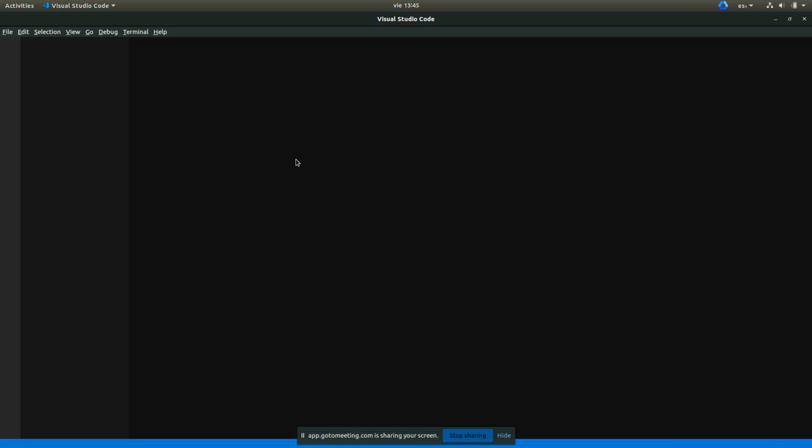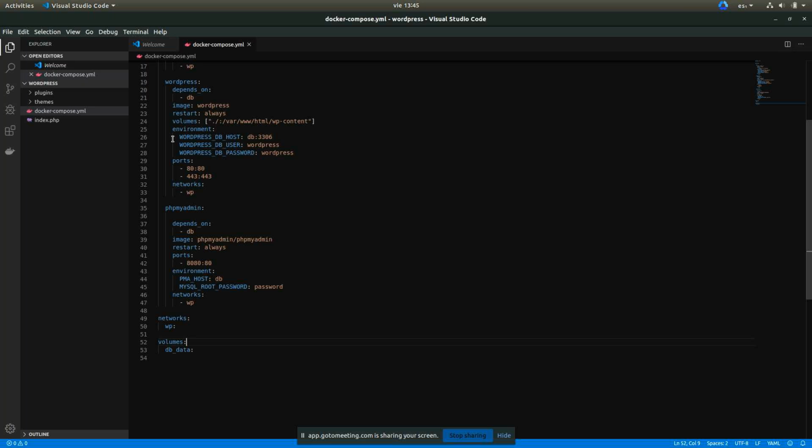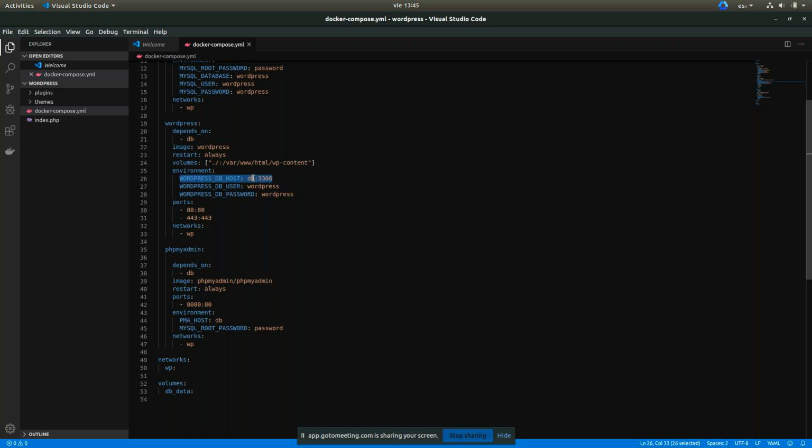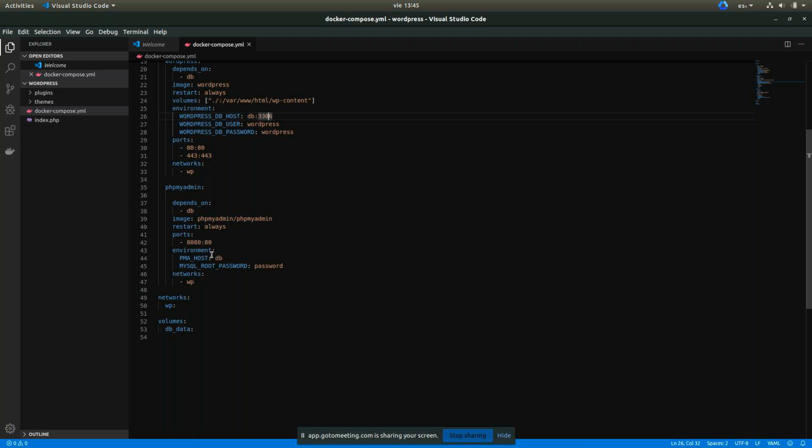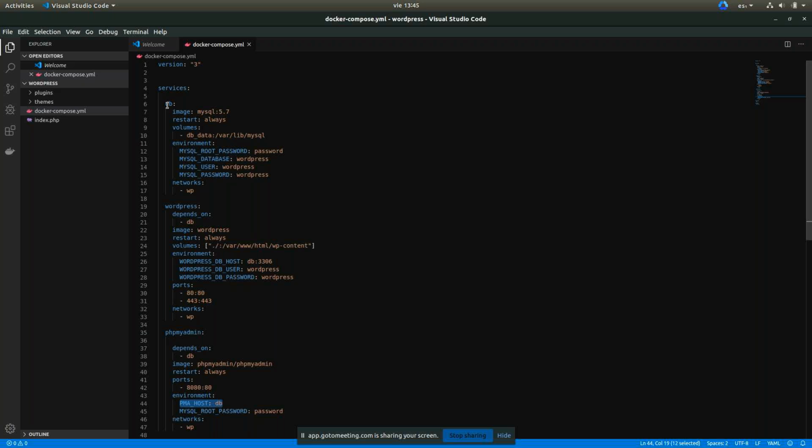In this case, when we need to connect from the WordPress to the database, we only say the server is DB and this is the port we need to connect. And for the PHP MyAdmin, the host that is going to connect is DB, and this is the name here.